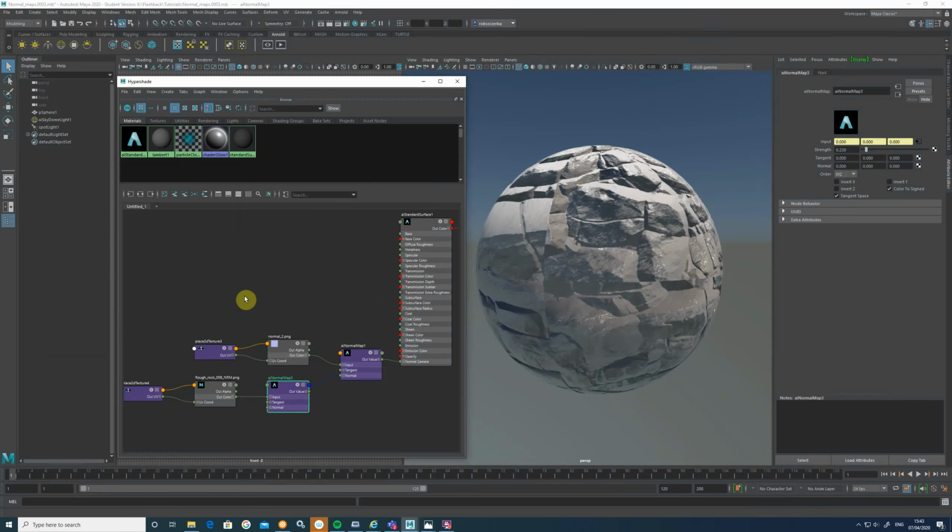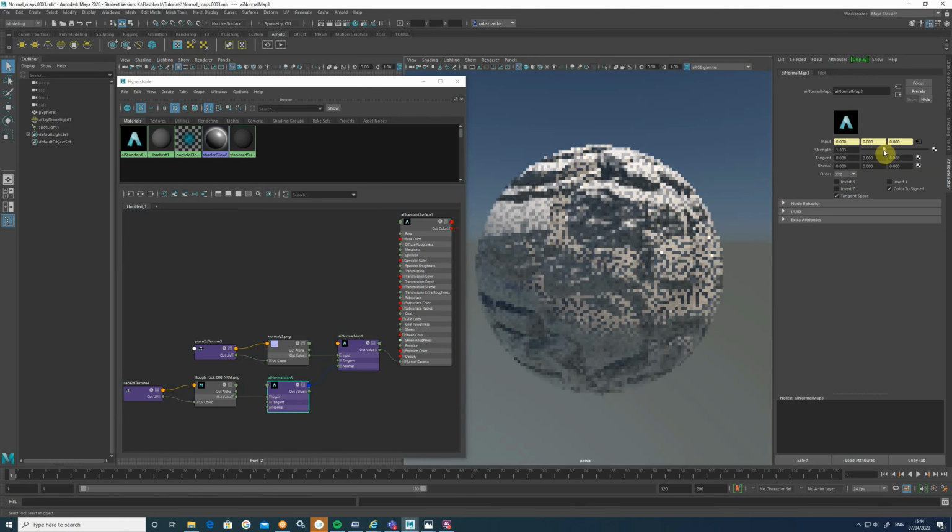So just to demonstrate, in the hypershade we can see there is a normal map node here, and if I adjust the strength of this, you'll see this is affecting the large rocky texture. This normal map node, if I turn this up, you'll notice that it's adding the second texture to the first. So there's an interesting blend going on. Now if I turn that back down again,